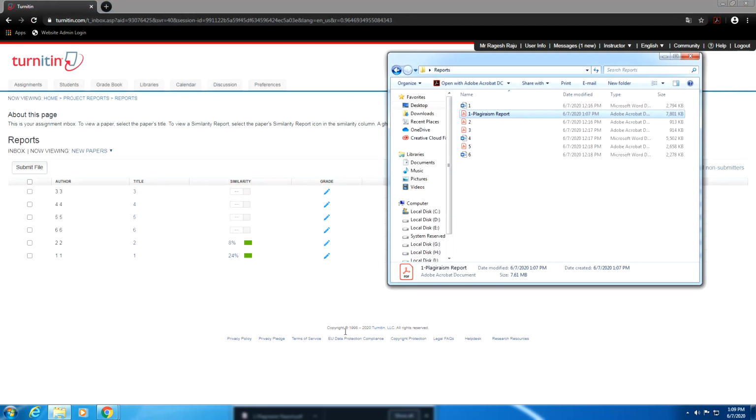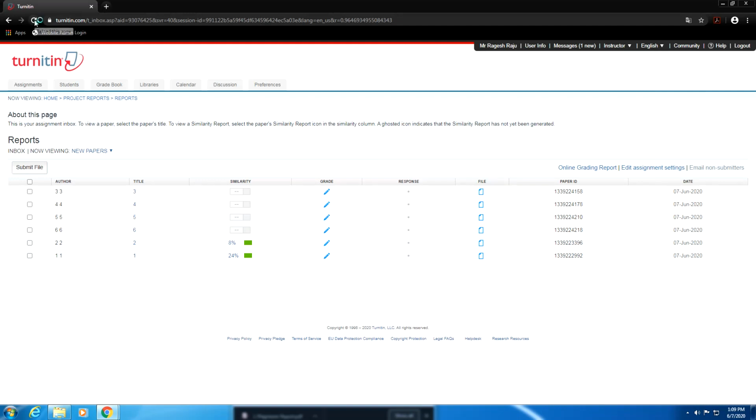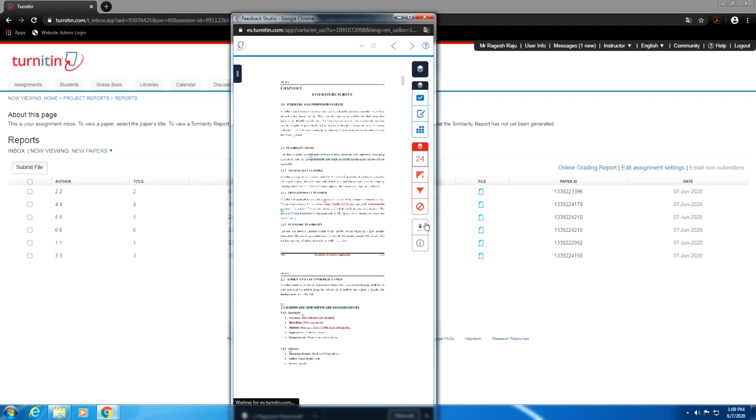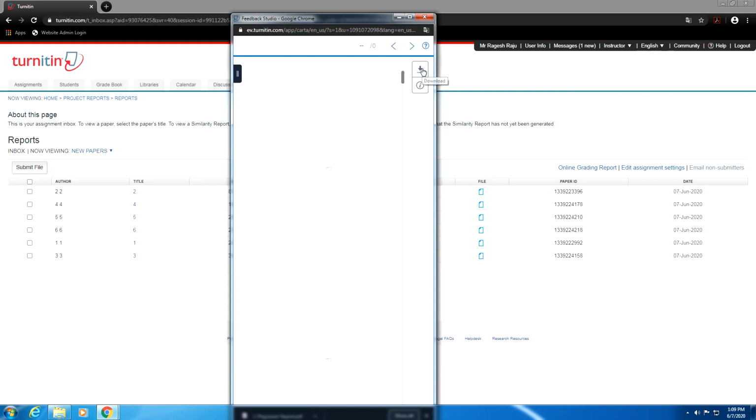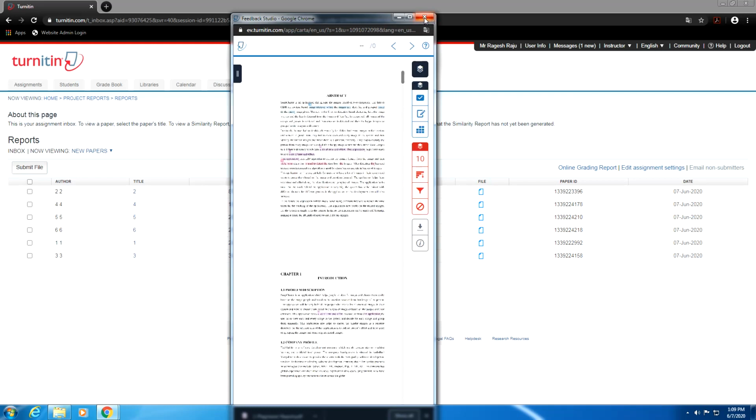So I will just close this window and I will see this page. I will just refresh this particular page. See, once you have refreshed, you will be able to see the similarity check has been done. So this is how it has been rated. So the second paper is having only 8% of similarity index, the fourth paper is having 10%, the fifth paper is having 20%, the sixth is having 23, the first paper is having 24, and the third paper is having 34. So this is how it comes. So as I told, you can just click here and download the current view, and you can send it to the particular students and ask them to check it or do the necessary corrections.